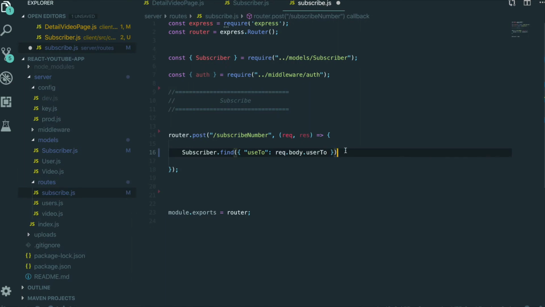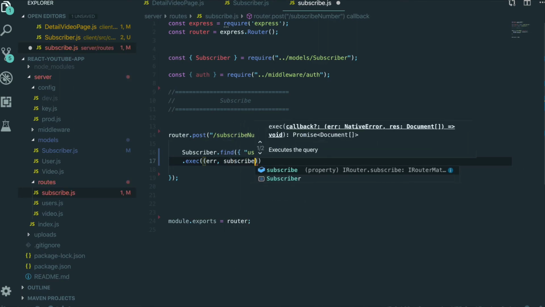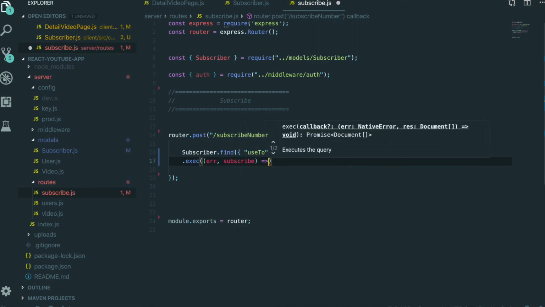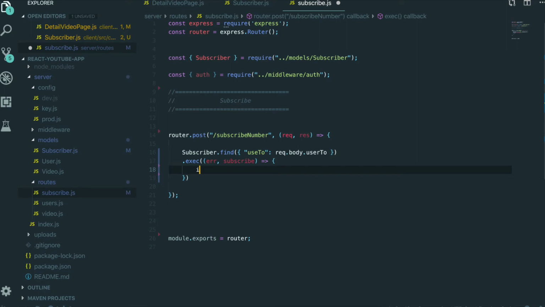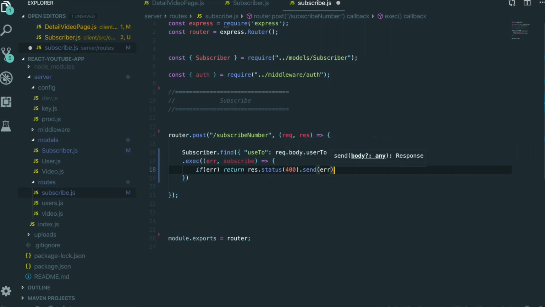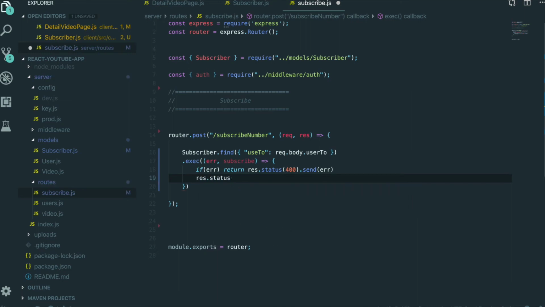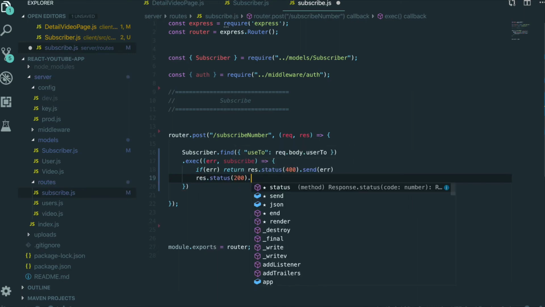So we do it like this, and then execute. We can get an error callback and then a subscribe information callback, and then if we got the error, return response with status 400 and send error, and if it was successful, response status 200 and JSON success